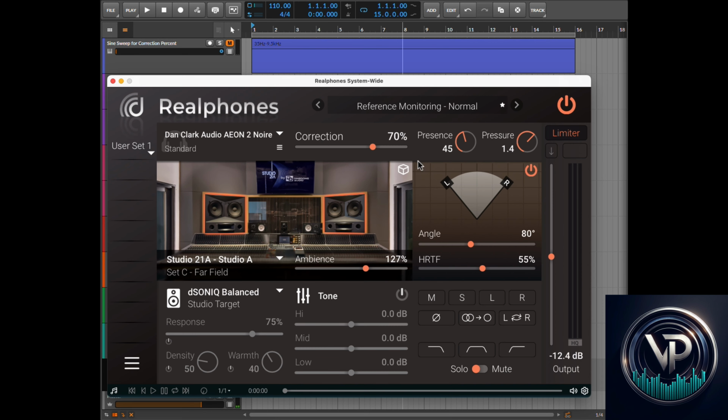All right, so it looks like through that test I did narrow it down just a bit. I'm at 80 degrees for my angle. The HRTF I'll leave for now. Again, what I was listening for was this picture that we have on the screen here, these far field monitors out in front of me, what seems the most realistic for a room and where those monitors might be, and that's where we landed. What we'll find is that this ambient setting is pretty exaggerated. It can sound really good with music,